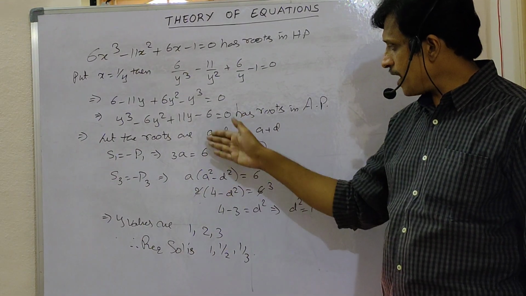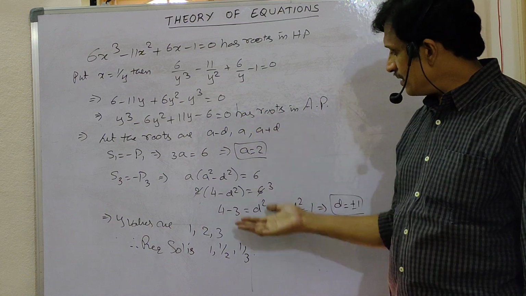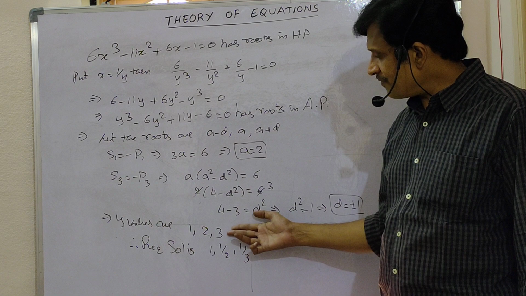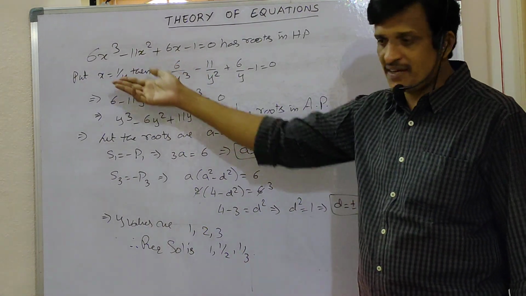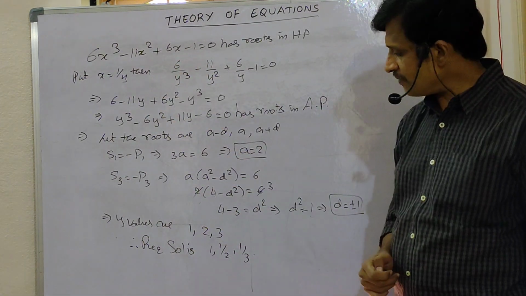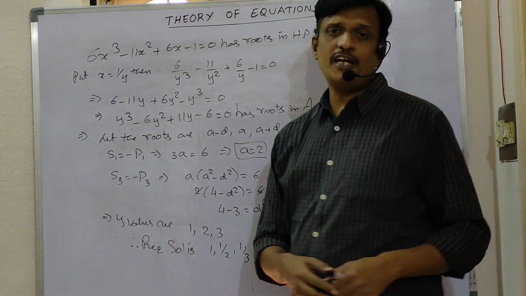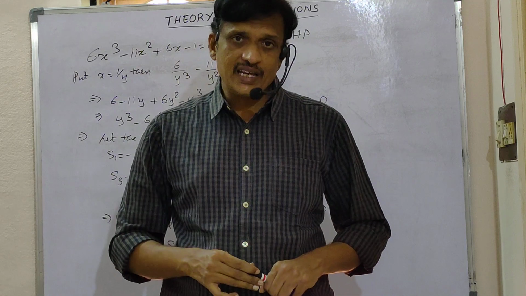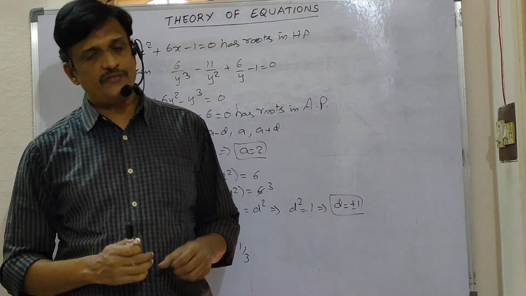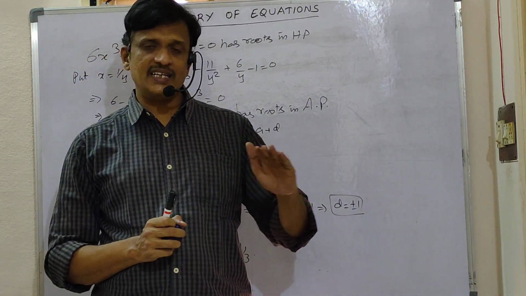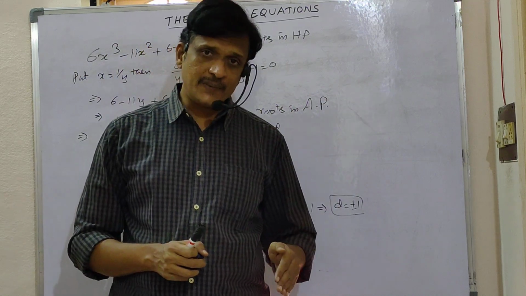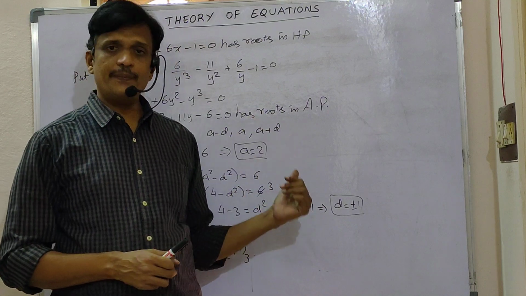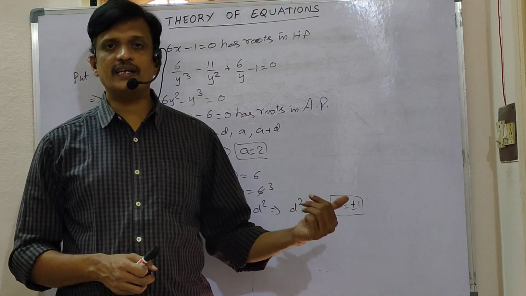So solve the same problem. When the roots are in AP, you have to take a minus d, a, a plus d. Find the roots, means you are getting y values. After getting y values, how to write x? x means 1 by y. So take the reciprocals: 1 by 1, 1 by 2, 1 by 3. Like this, you can solve the given cubic polynomials when the roots are given either in AP or in GP or in HP. If the roots are in AP, let the roots be a minus d, a, a plus d. If they are in GP, suppose the roots are a by r, a and ar. In this way, by using S1 and S3, you can calculate the roots.